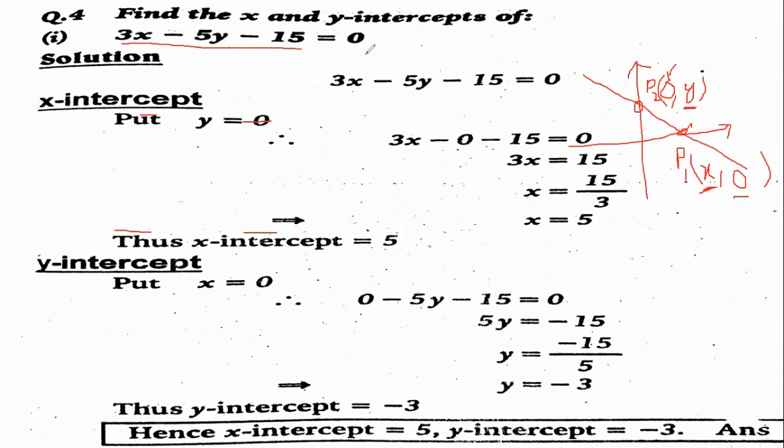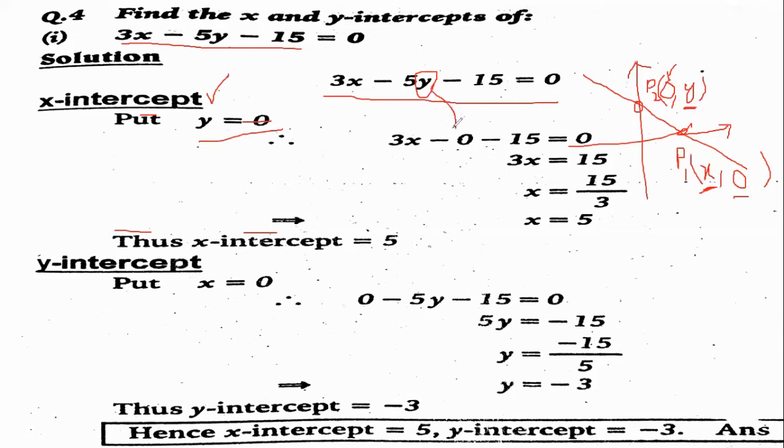Why am I saying straight line? Because it is a linear equation and we all know a linear equation always represents a straight line. So here the line is written 3x minus 5y minus 15 is equal to 0. First we are going to find the x-intercept. As we discussed, to find the x-intercept, we have to take the value of y as 0 because x-intercept is the value of x for which y is 0. So by definition, in place of this y, we will take 0.